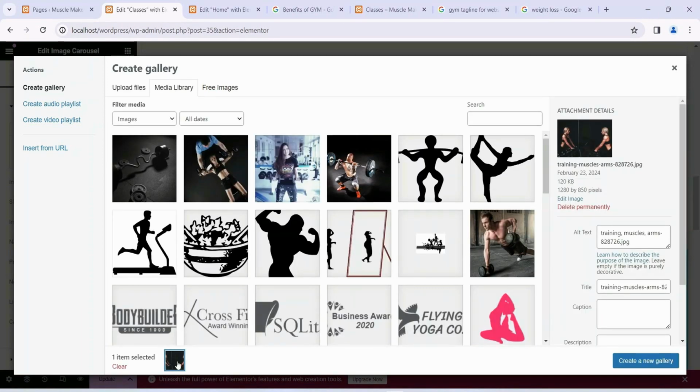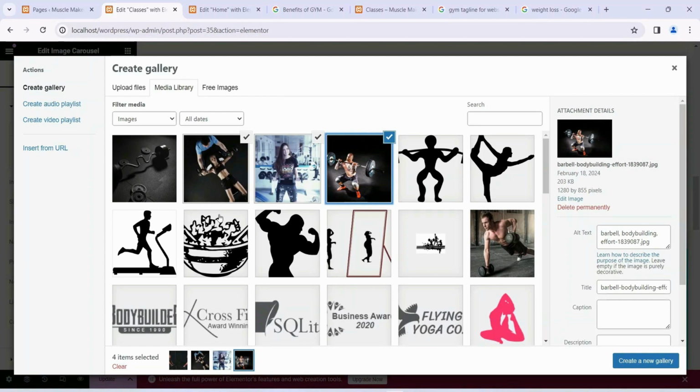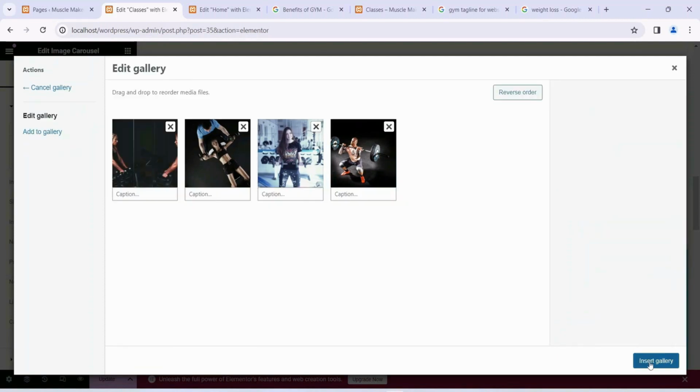So you can see one image is selected over here. Similarly, you can select from your media library as well. Let's say I'm selecting this one. You can see that 3 items are selected, right? And I'll also select this one. So for the time being I'm going to select 4. So click on create a new gallery